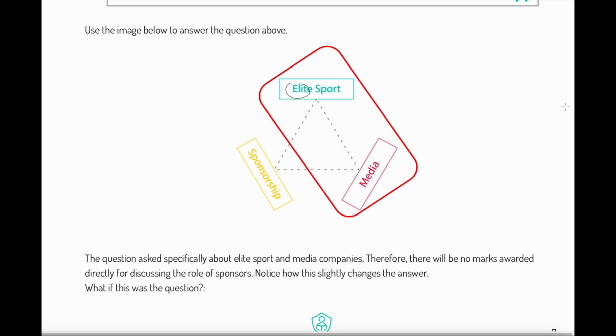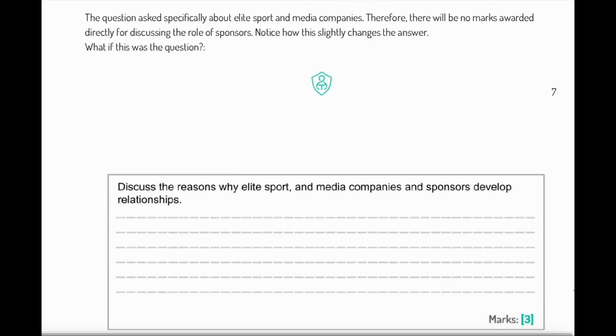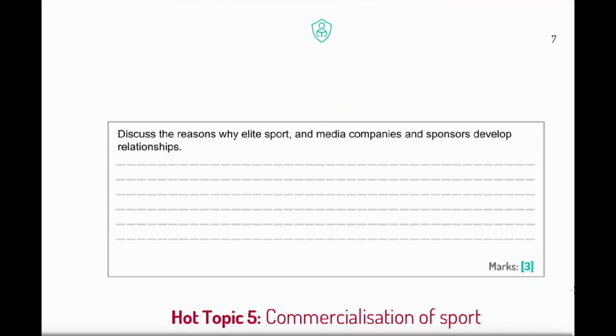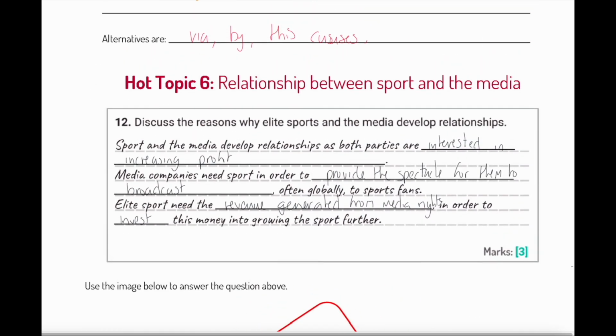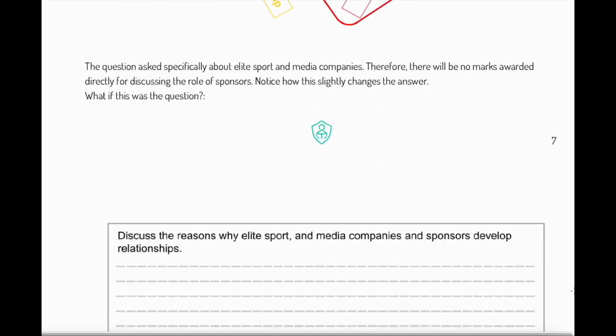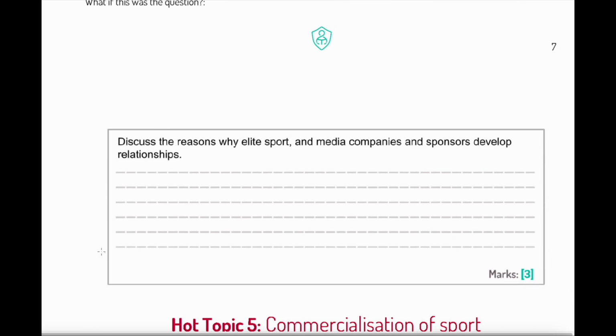What if this was the question? What if it was the relationship between all three? And of course, we would maybe supplant that entire answer above, but we would maybe down here make a further statement. Sponsors benefit. This is obviously at the end of that answer we had already. Sponsors benefit by more people seeing their advert